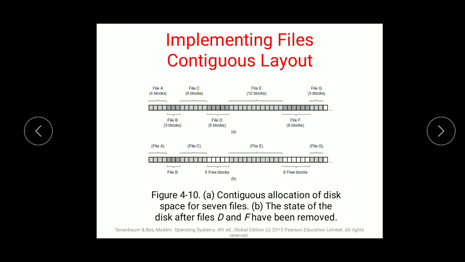So yes, as I said, for arranging the sequence, they directly go to the last block. But what if my file A is deleted? Then those first 5 blocks will be empty and will not be used further, because the sequence is incrementing and the files are arranged after it. For a new file to be allocated, these blocks might not be sufficient.